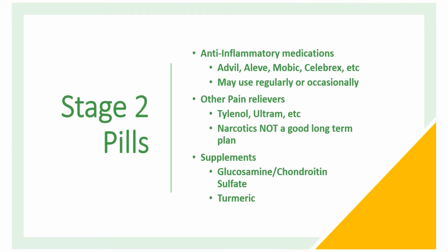There are other pain relievers you can take, like Tylenol, Ultram, things like that. Narcotics are not a good long-term option for knee arthritis. As everybody knows, they're addictive, they're habit-forming, they wear off over time to the point that you have to take more medication to get the same effect, with a lot of side effects. So if you're at the point where you're thinking about taking a narcotic for knee arthritis, you need to switch